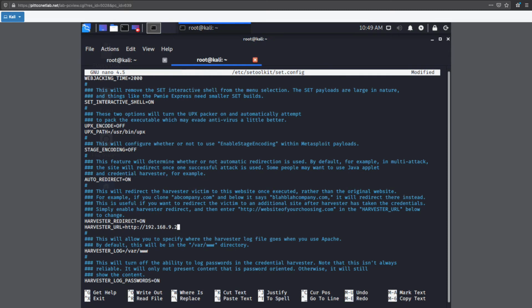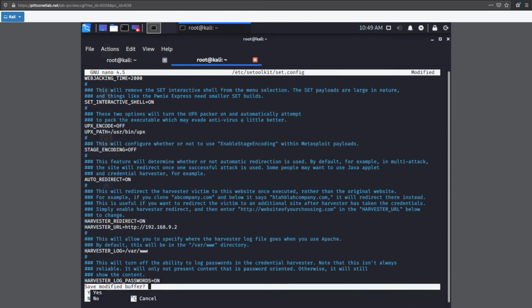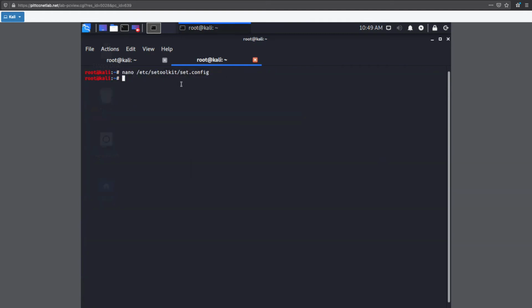So now that we've updated that with the option on, and we've updated the IP address of what website we want to redirect them to after, we're going to go ahead and save it by hitting Control X, and yes, and enter. Now that we've entered those configuration informations,